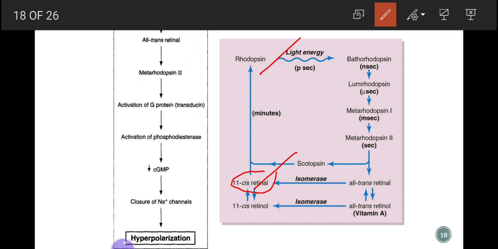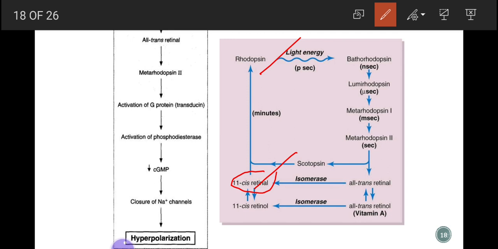The cause of this photoactivation of electrons actually occurs in the retinal portion of the rhodopsin, which leads to the change of the cis form of retinal into the all-trans form. It changes the cis form into the all-trans retinal that has the same chemical structure as the cis form but has different physical properties.